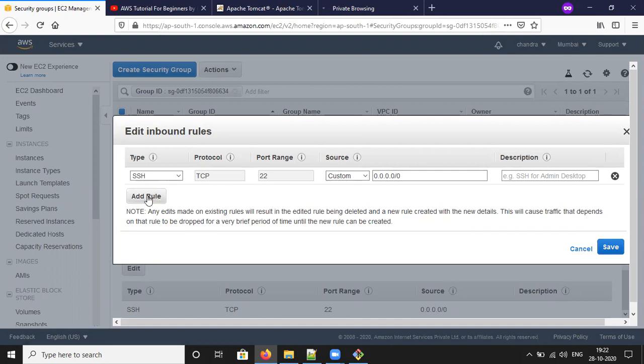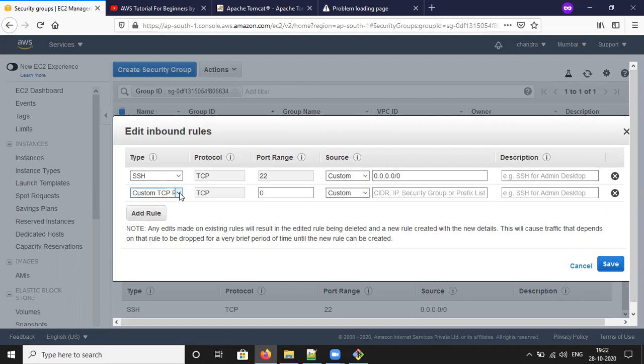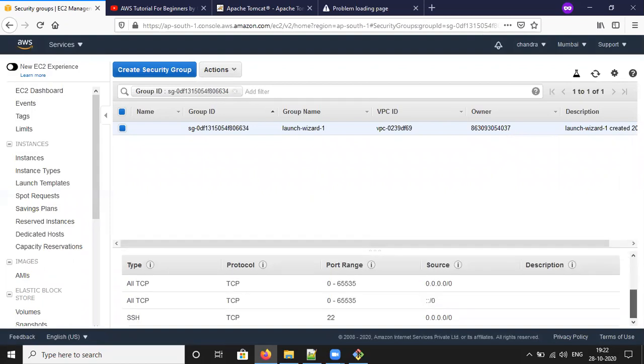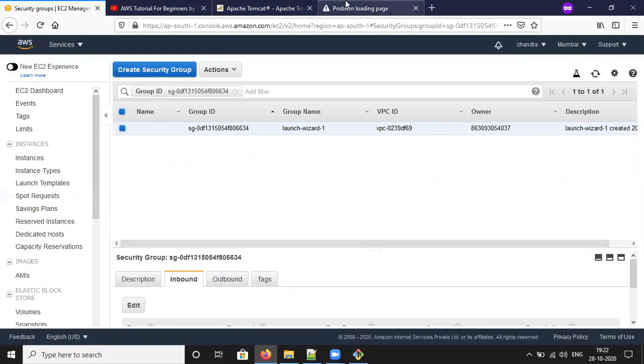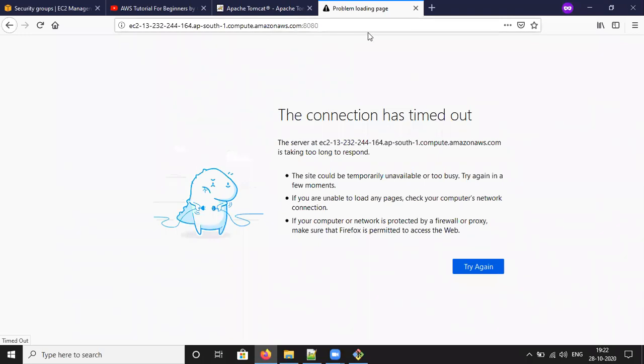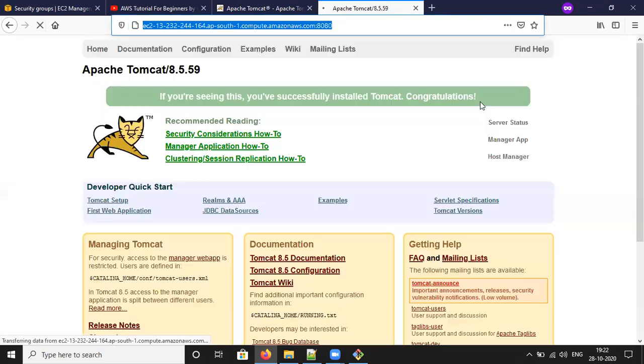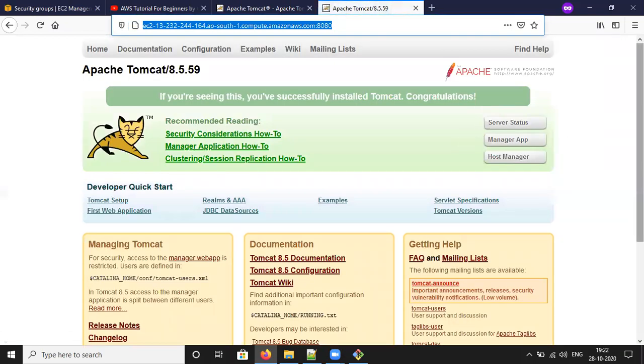So you can click add rule. Here use all TCP, custom as anywhere. You can save it. Now it is going to work. See, earlier it showed a problem loading, the connection timed out. Now you can refresh this. We'll get the manager of